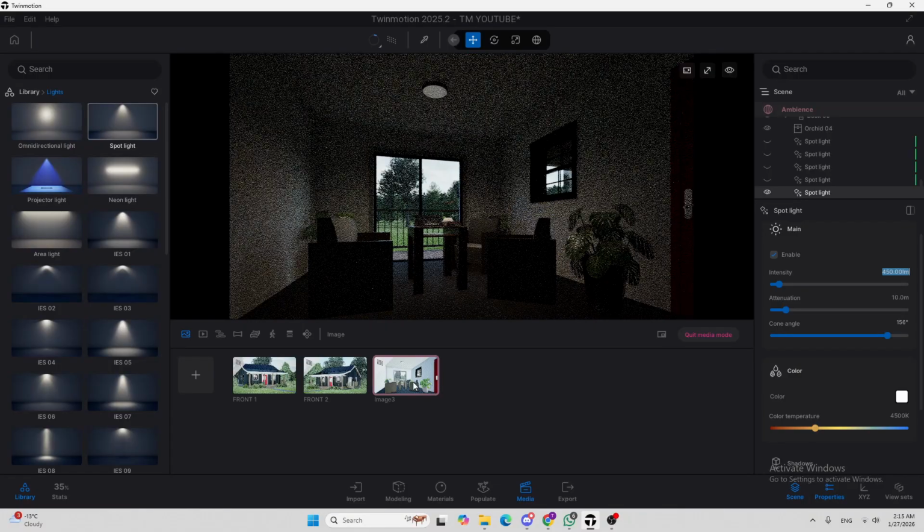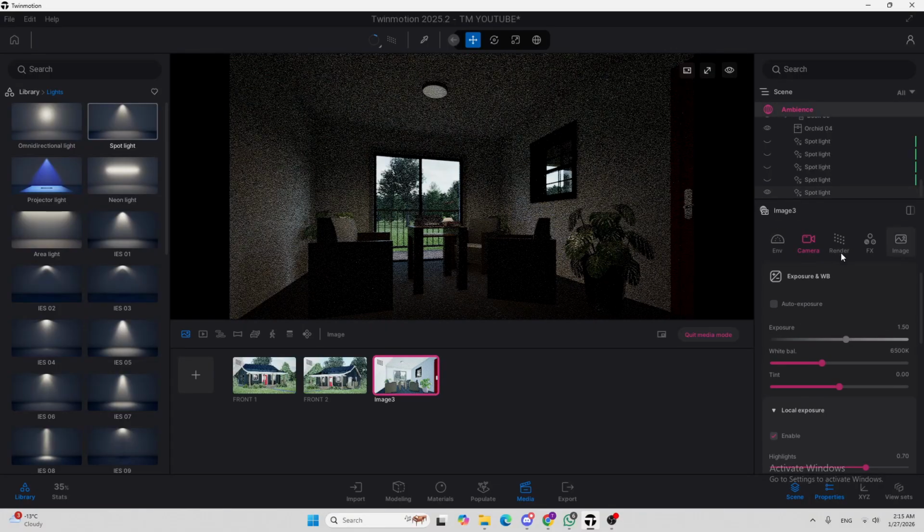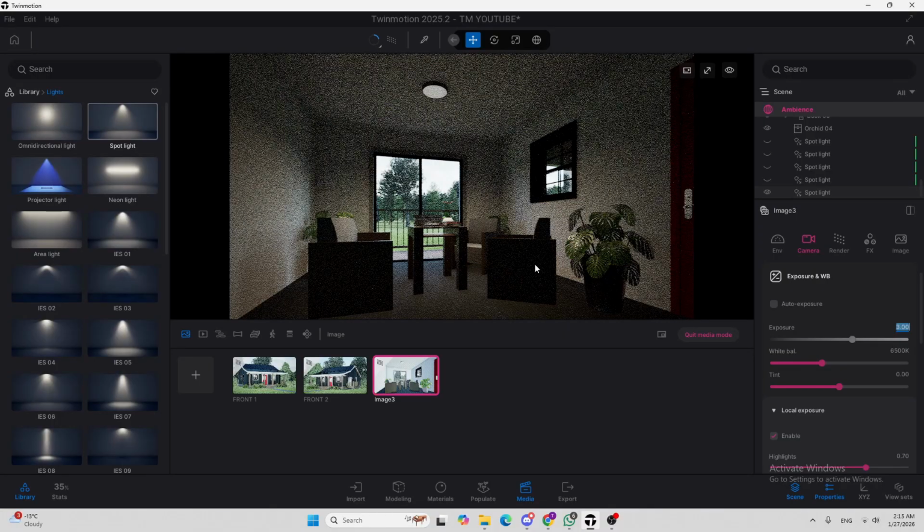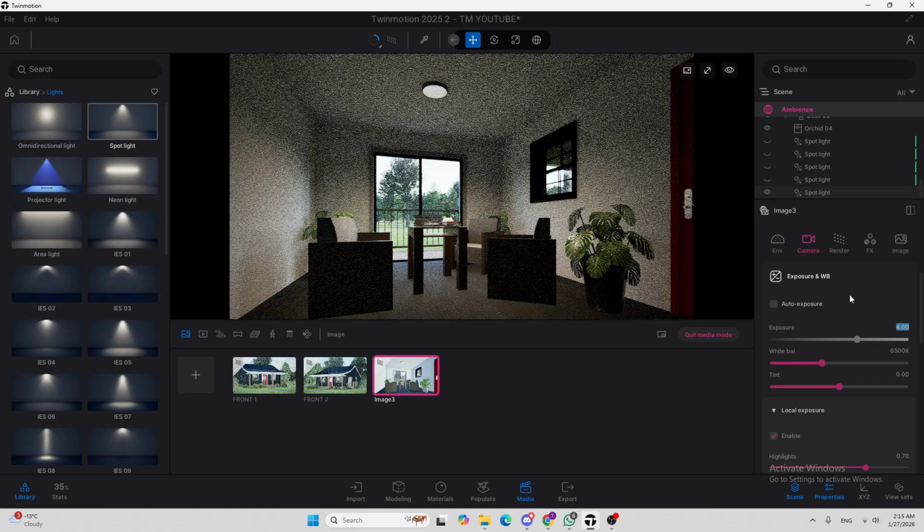So another thing you can do is go to that image, and under camera, under exposure, you can change the brightness. So I can change it to 3 or 4 or something like that. Let's change it to 3, and now the image just got a little bit better. Let's change it to 4, and there we go. That's a little bit better. Let's keep it 3.5. Okay, it's still very dark, but now I'm going to show you one of my cheating